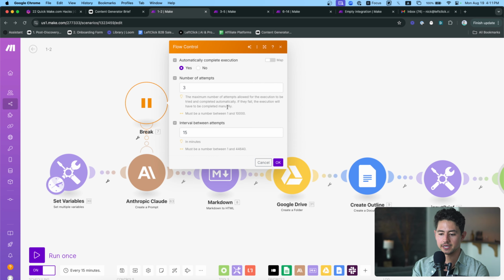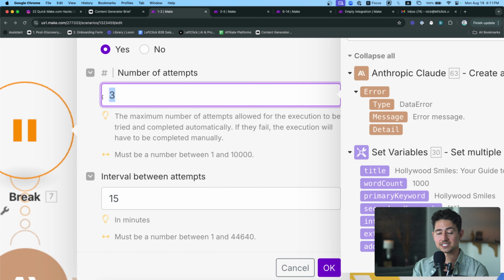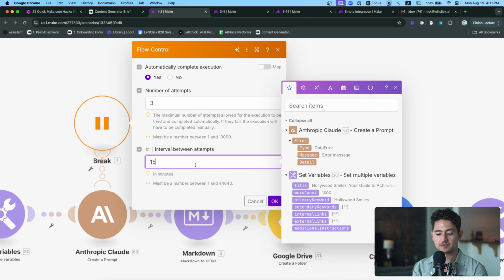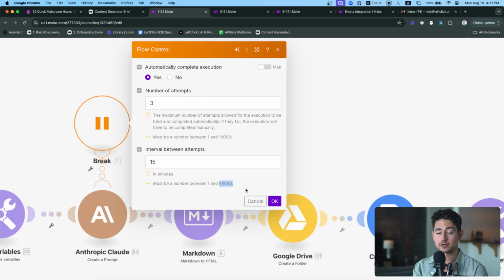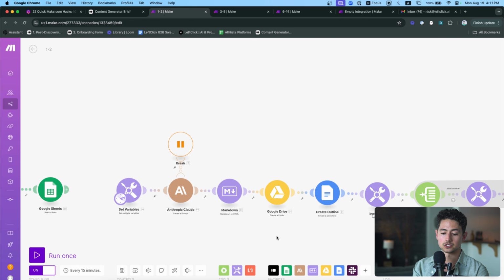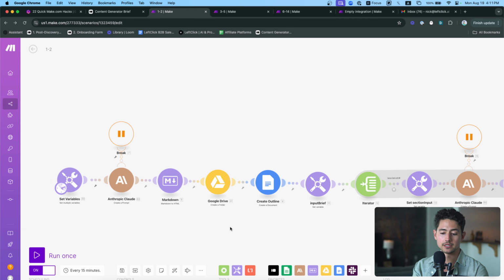But if you give this a click, you'll see that you can select the number of attempts you want to give it to retry, and then you can also set the interval between attempts. You could say 15 minutes. You could say up to 44,640 minutes. Pretty crazy, right? And basically, I use this on every large language model that I run in production,